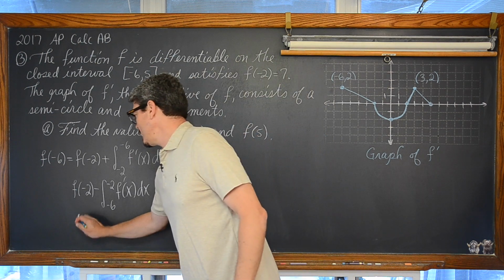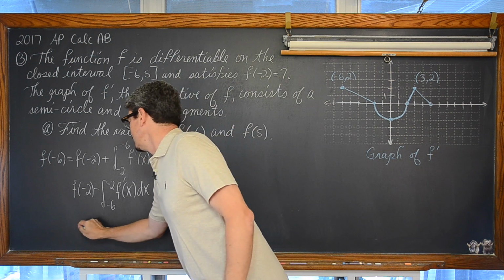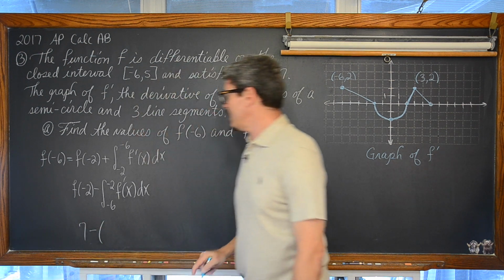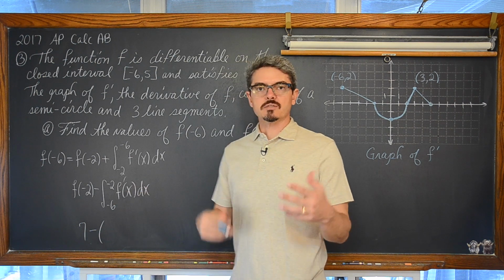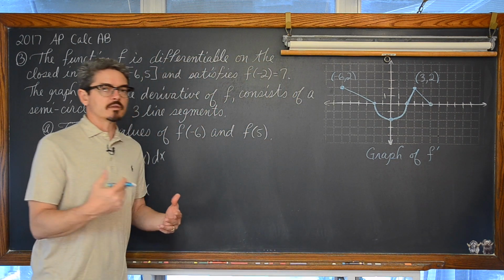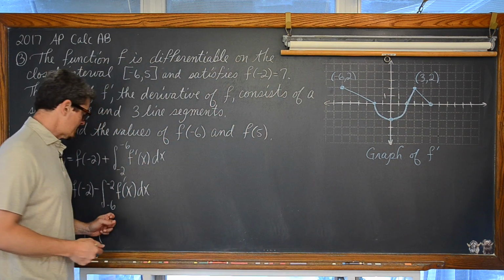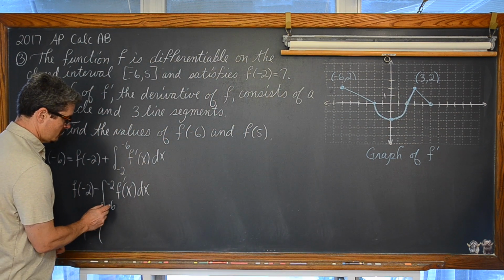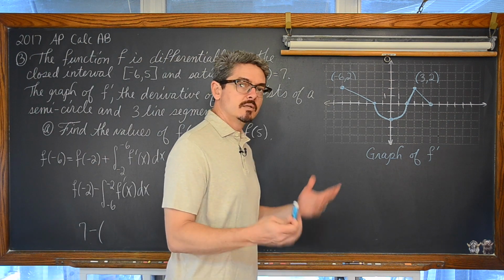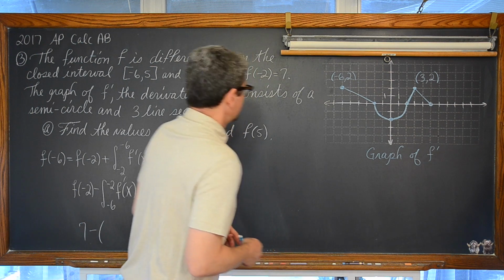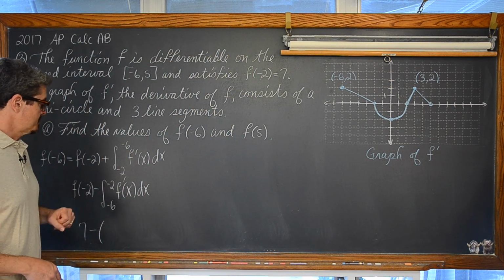And now we're going to have f of -2 is equal to 7, and then minus. Now, we don't actually have a function to integrate and then plug in -2 and -6. No, this is also a question dealing with finding areas of common geometric regions, just recognizing that that's what we're being asked for with this definite integral, and definite integrals have many more applications than just finding area. So from -6 to 2.